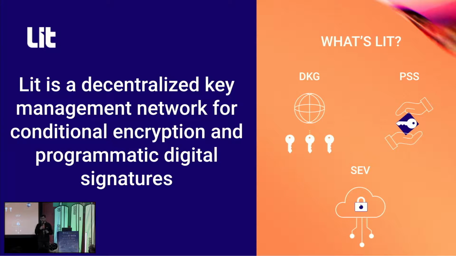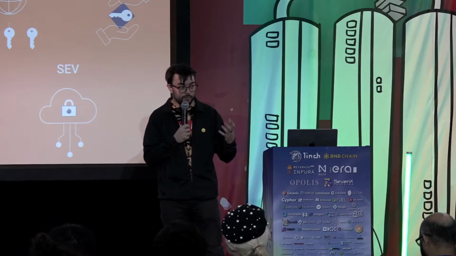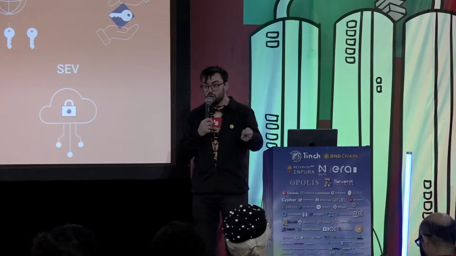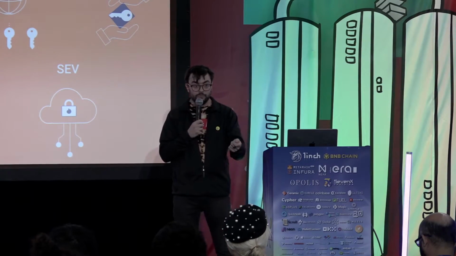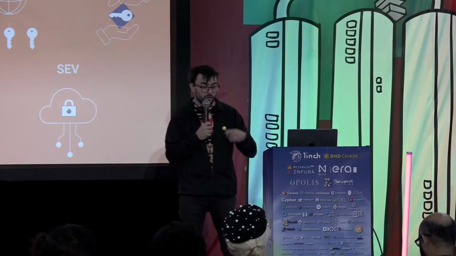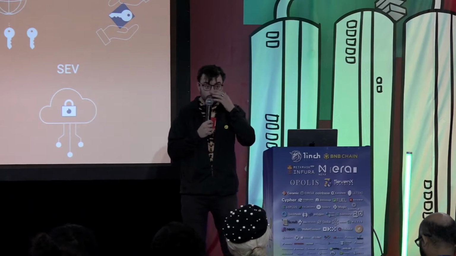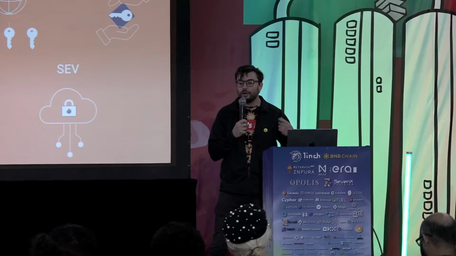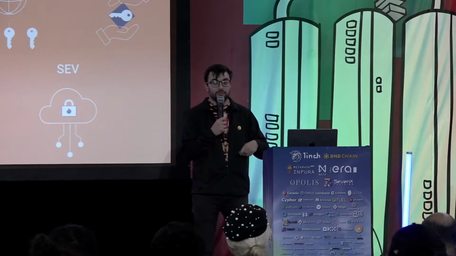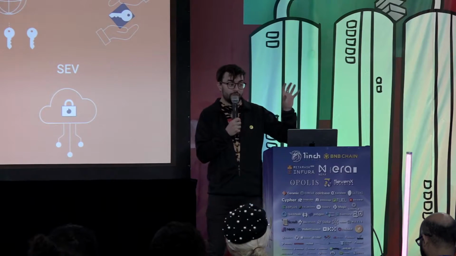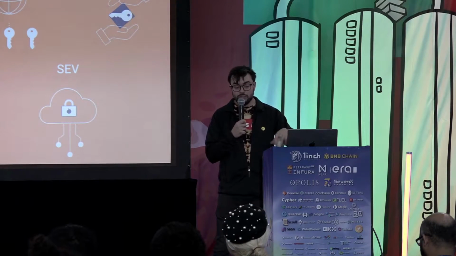Okay, but if we want to make a network that's going to persist for 100 years, 1,000 years, 10,000 years, and that's what we're really trying to do here, is build the long-term public infrastructure for the new self-sovereign web. As nodes join and leave the network over time, how do you maintain the underlying secret? And so the other primitive that's used here is something called proactive secret sharing, PSS. And so proactive secret sharing is a method quite similar to the DKG, but instead of generating a new key, it's generating new shares. So in Epoch 1, you may have 30 nodes with the 20 of 30 signers.